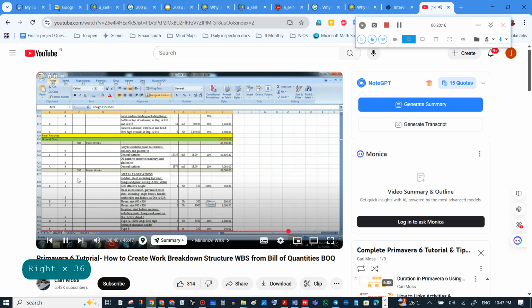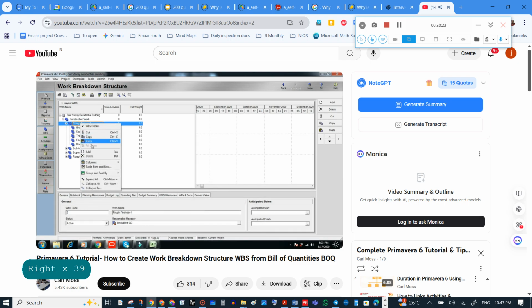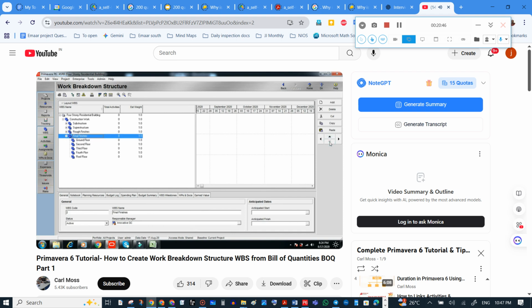Okay, there. Change this to final finishes. Then move these final finishes at the bottom of roof finishes. So click this arrow down. Then just minimize this level.